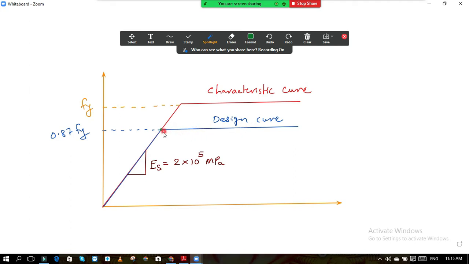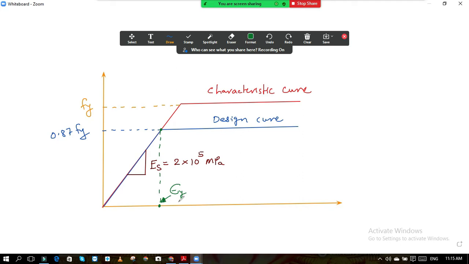So at this point, if we want to calculate the strain, how do we calculate that? I will plot this point, shift it below, and drop the perpendicular over here. So this is the point at which we want the strain. Suppose this is our point epsilon y. I have taken the notation ey, you can call it ex or ey, whatever you like.